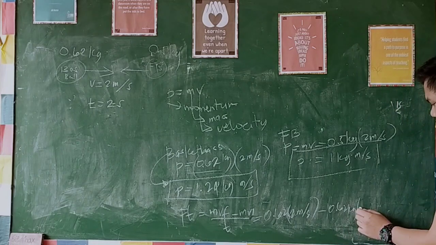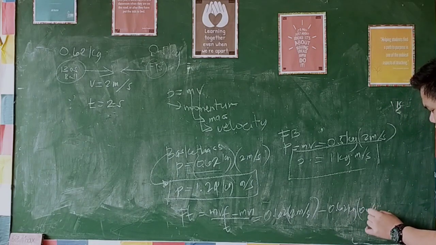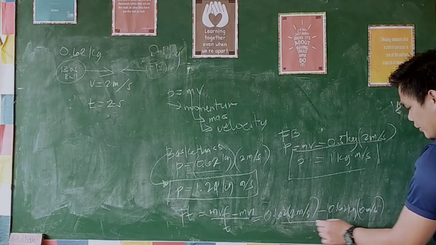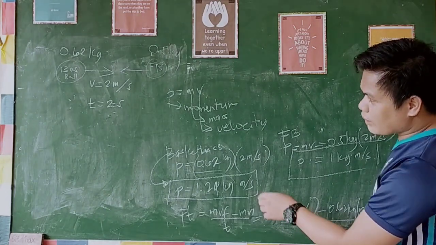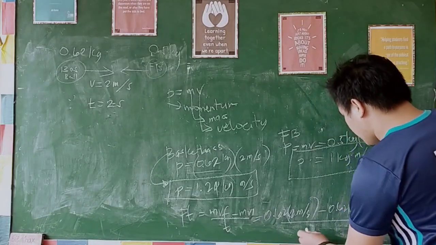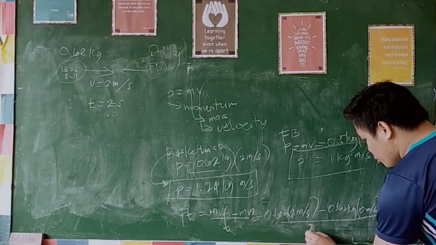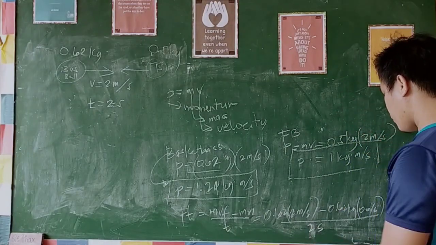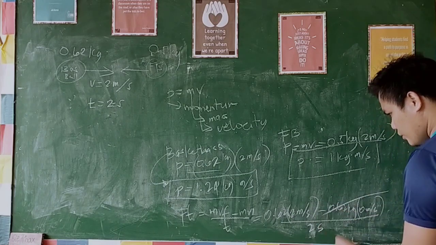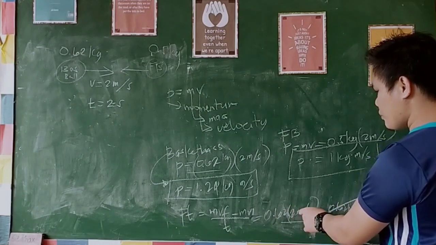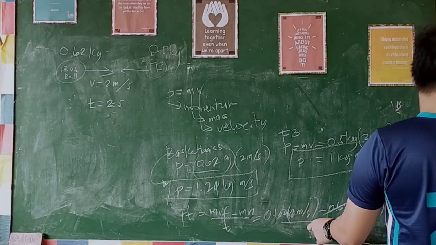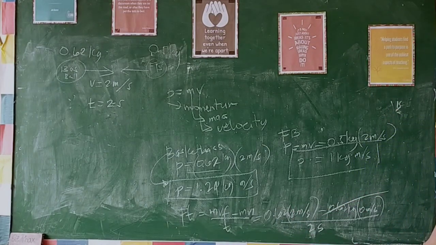Therefore, the initial velocity is 0 meters per second. All over time, ang time natin, we assume that the time of the collision is 2 seconds. So this is equal to 0. Therefore, by multiplying 0.62 times 2 meters per second divided by 2, and you will get